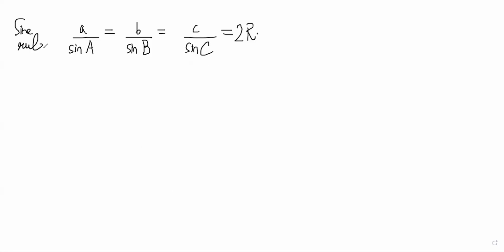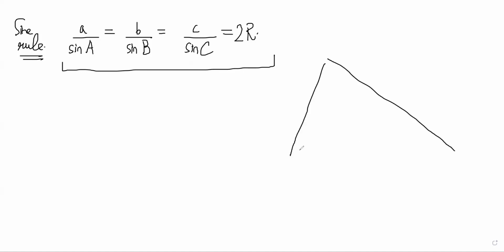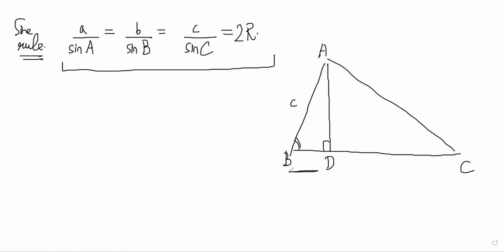This is true for any triangle, and this is super important. Similarly, you can also prove the cosine rule, which is much easier to do. Let's say you have triangle ABC. Let's drop a perpendicular AD. Notice that this angle is B and this side is C. So we can say AD is C sine B, and similarly we can say BD is